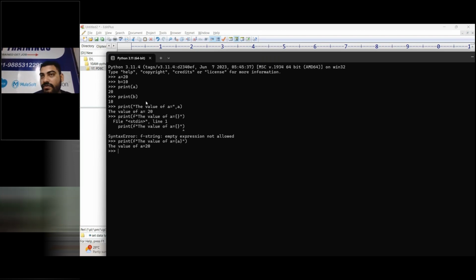Similarly, if I print "the value of a is" and put a in curly braces, then close it, it is going to give the value of a is 20. Are you getting it?